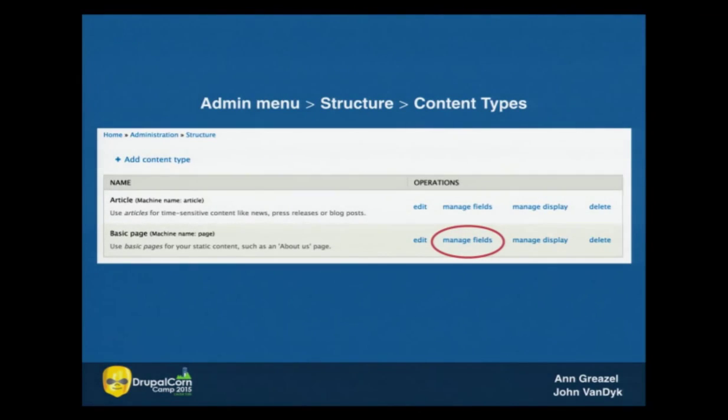So like on some of our websites, we have a content type called people. And the job of that content type is to describe a person, right? And we have the basic page on our content management system as well. So what we want to do is add that same vocabulary to the people content type and the page content type, so that when users tag those, they're pulling from the same pool of terms across multiple content types.